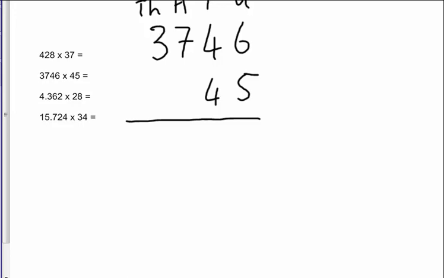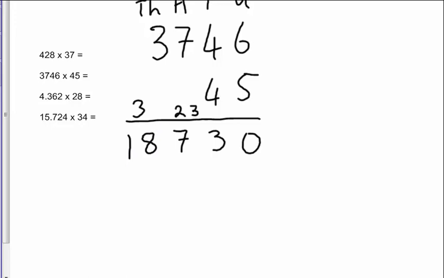I'm going to put H, and I'm going to put TH up here for thousands. So again, we follow the same system, and we multiply 5 by 6, which is 30. Put in my 0 and carry my 3. 5 4s are 20, plus the 3 I carried across gives me 23. So I put in my 3 and carry across my 2. Then I multiply 5 times 7, which is 35, and 35 plus the 2 I carried across is 37. Put in my 7 and carry my 3. And then 5 times 3 is 15, and 15 and the 3 I carried across is going to give me